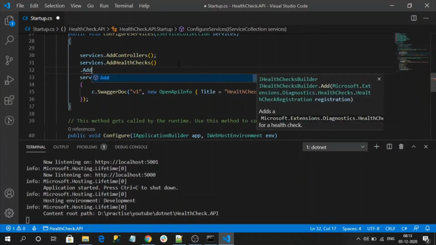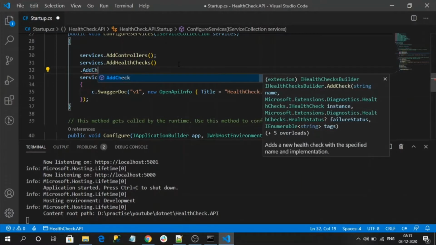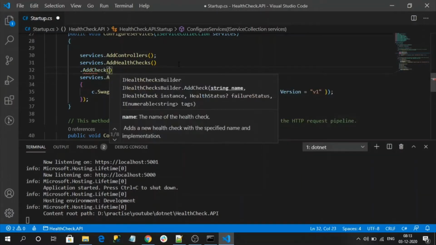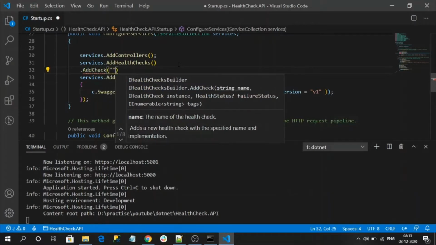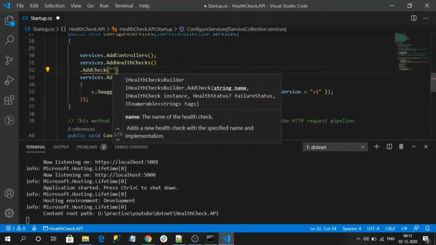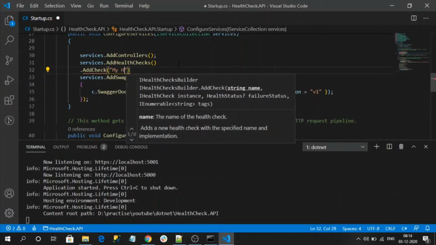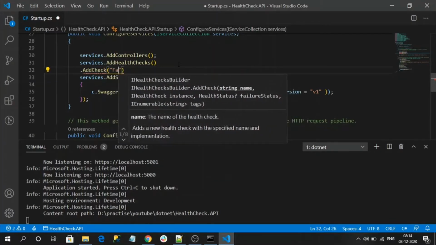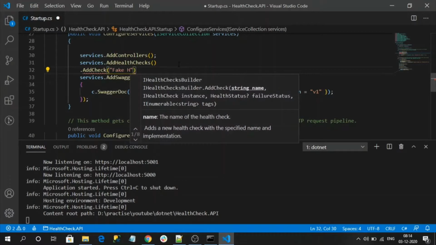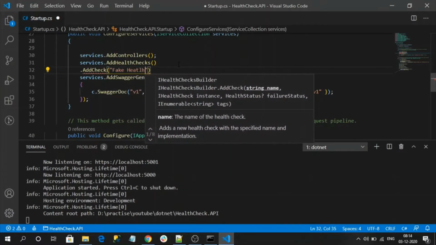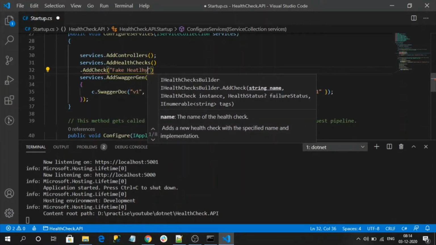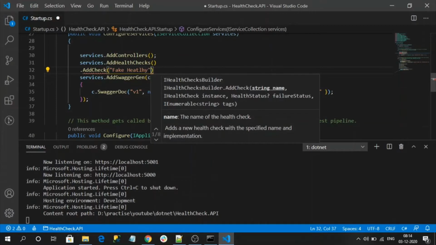To register a specific check, we need to use the AddCheck method. The first parameter of this method is the name of the health check. I will name this health check my fake healthy. This is the name of my health check.